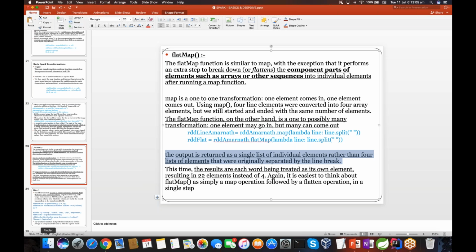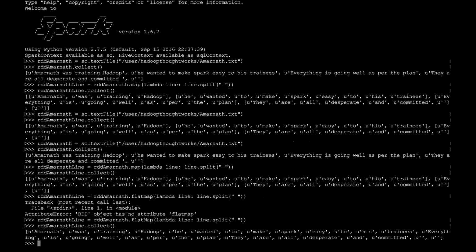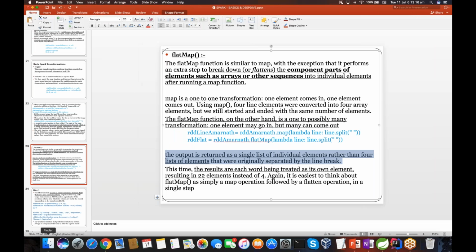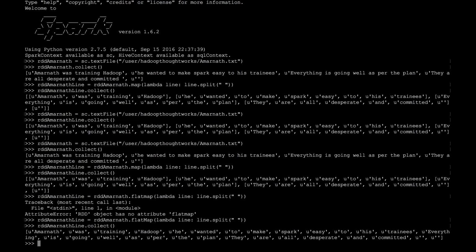How can I explain that? I'm just thinking how I can differentiate it properly. Okay, so see here,